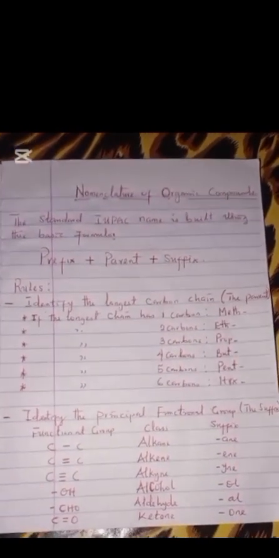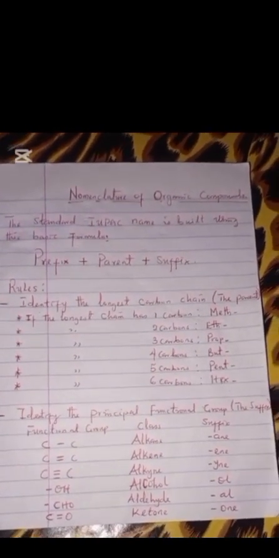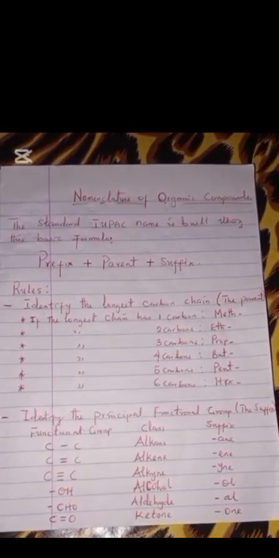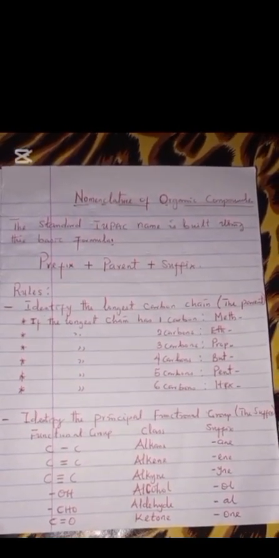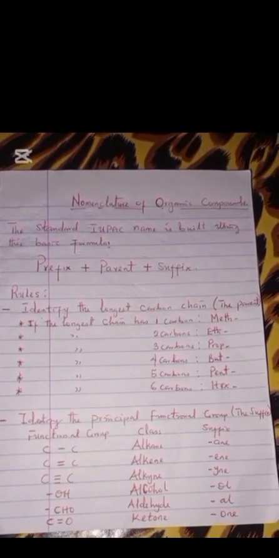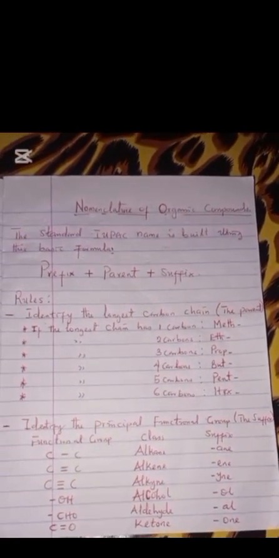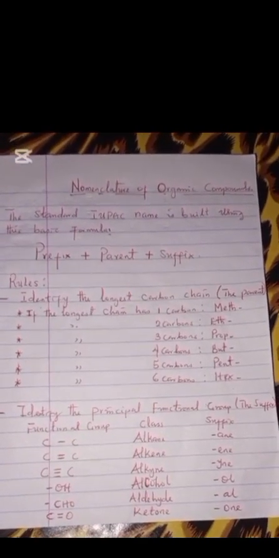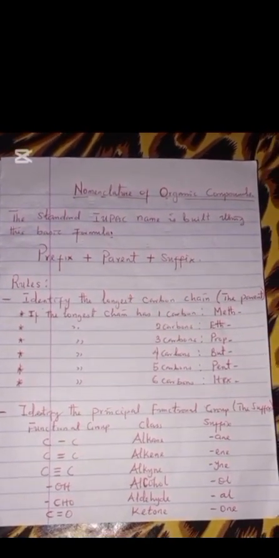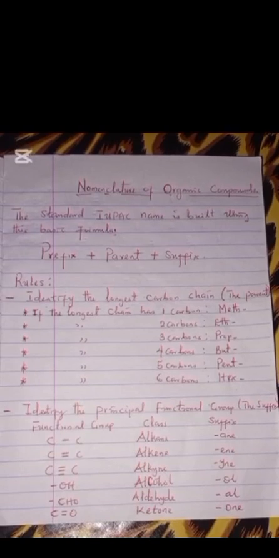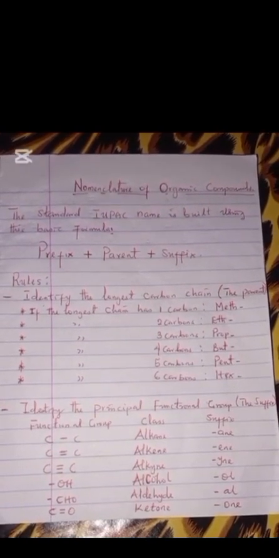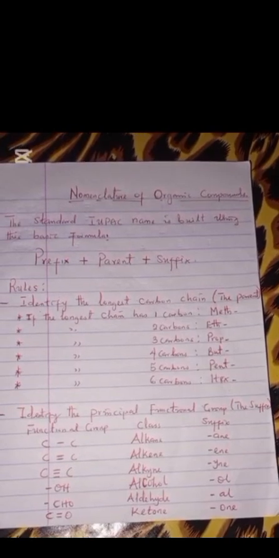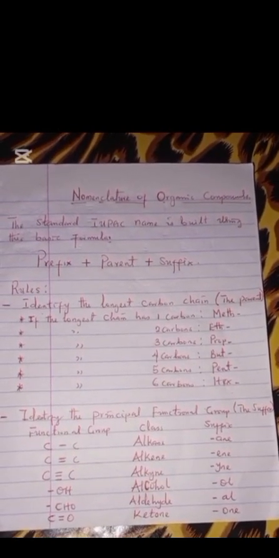So, right about now, we shall be discussing the nomenclature or naming of organic compounds. The naming of organic compounds follows a systematic method established by the International Union of Pure and Applied Chemistry, which is known as IUPAC. This system ensures that every unique structure has a unique name, allowing scientists to communicate clearly regardless of their